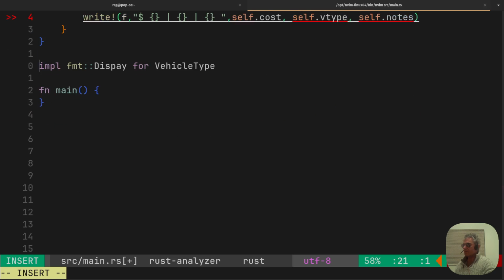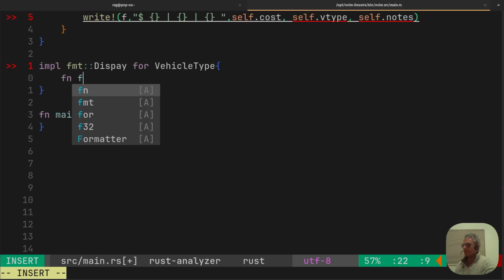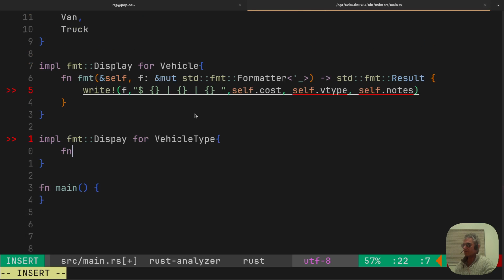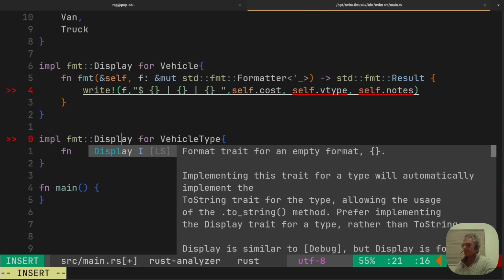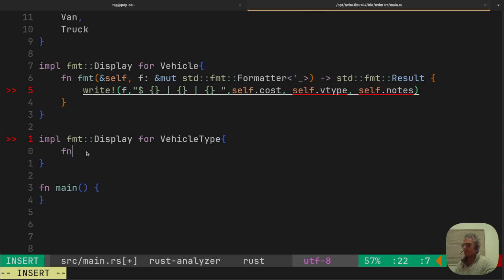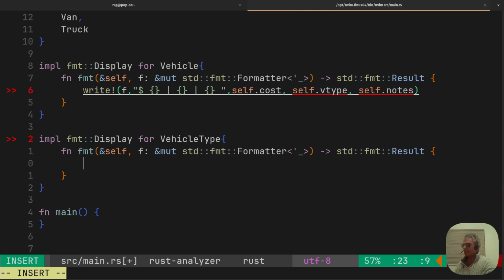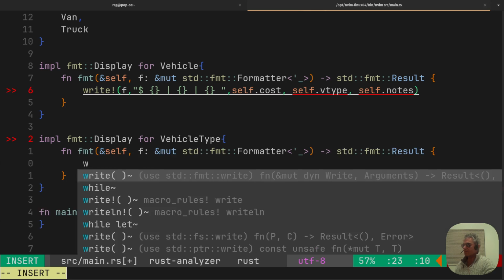Right, so fn fmt, why is that not off? Oh, it helps if you spell display right. My typing's shocking, apologies for that. Right, fn, while you've got the n there, accept that. Right,